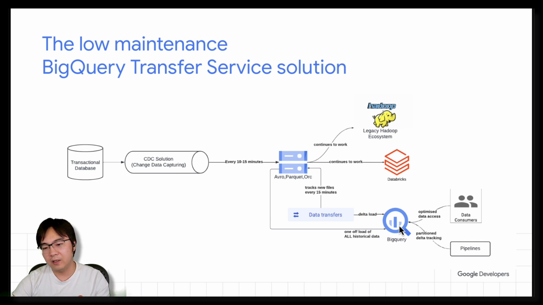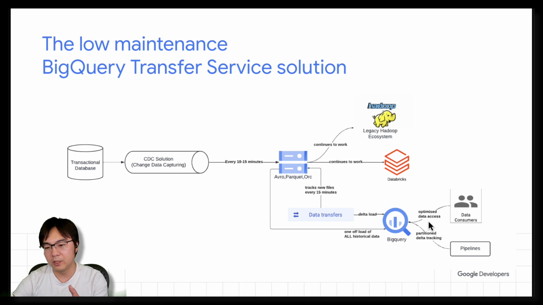This is based on an append-only solution. So whatever changes happen, with these CDC solutions, it will keep appending those events as new files, as Parquet files in this case. And then you just append those as rows into your BigQuery table. Once these are done, if you think about it, you have about 15 minutes latency. If you add this, it's probably a 15 to 30 minutes latency solution